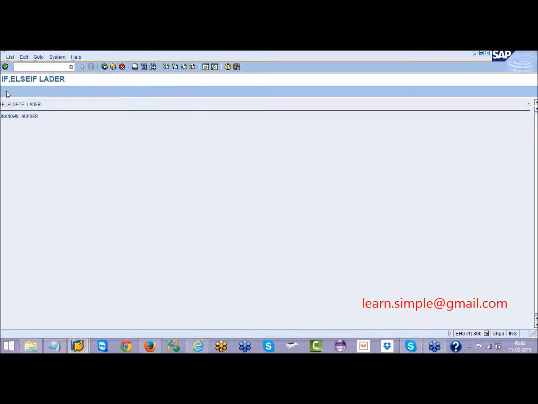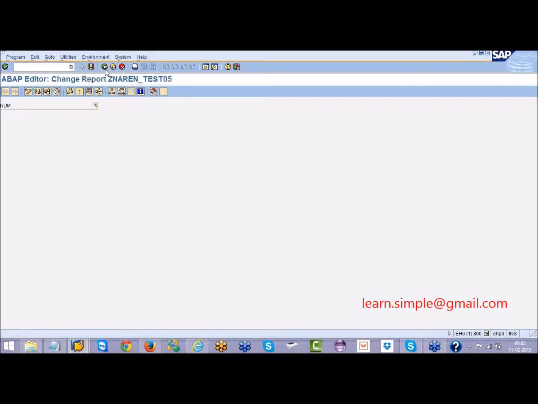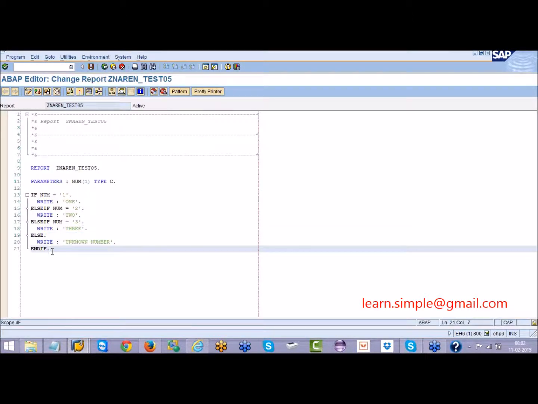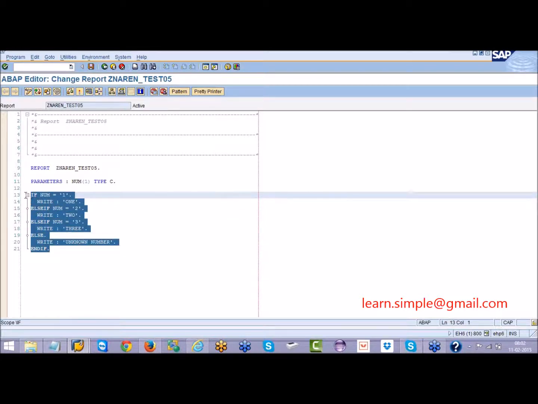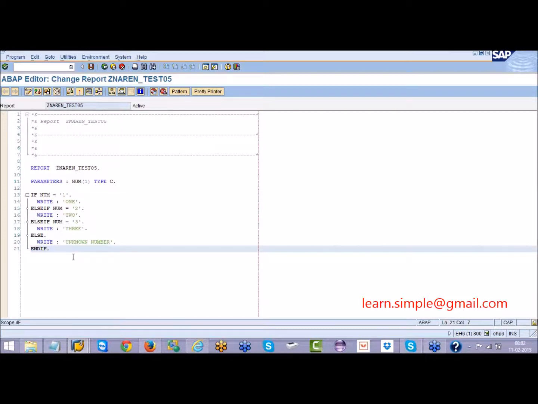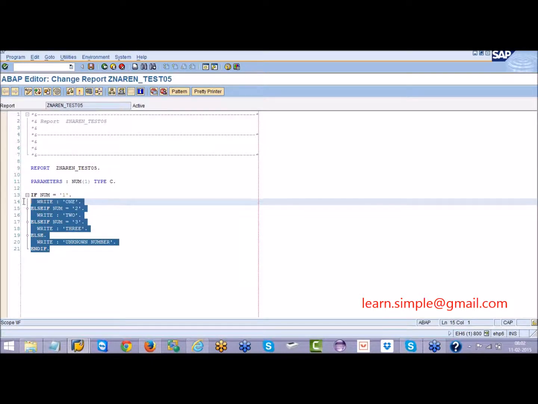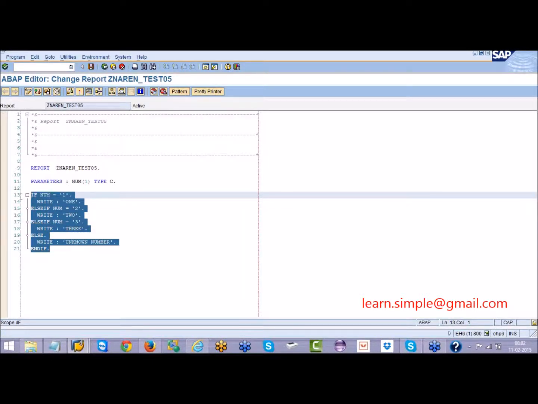So it is saying unknown number. So I hope you got the concept of if else if ladder. So you can use any kind of if else if combination. This is called if else if ladder, and the same purpose can be achieved with case statement.